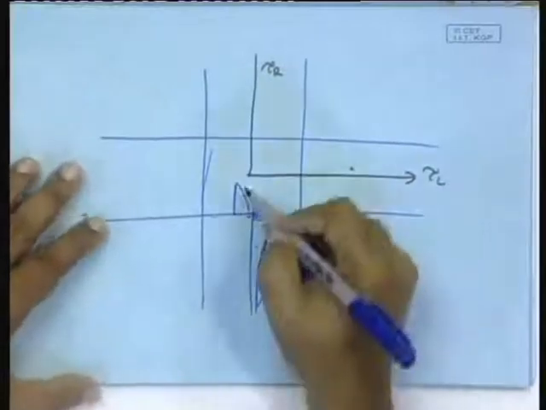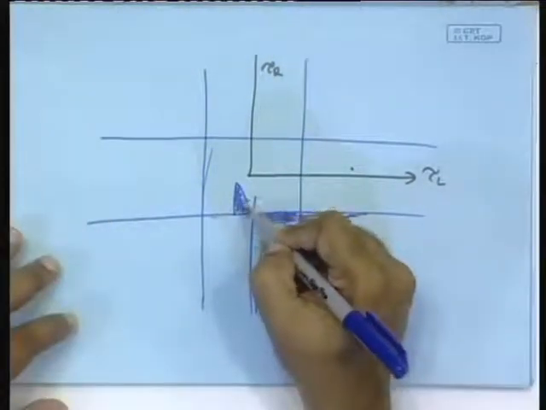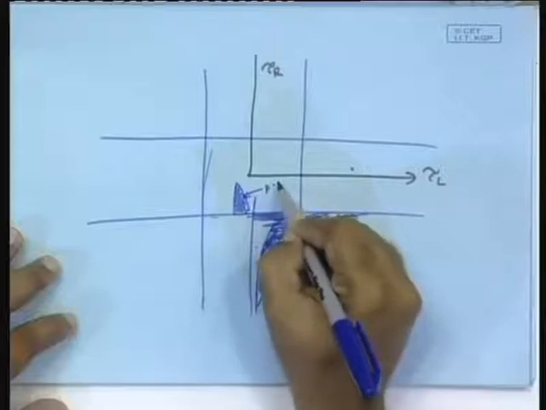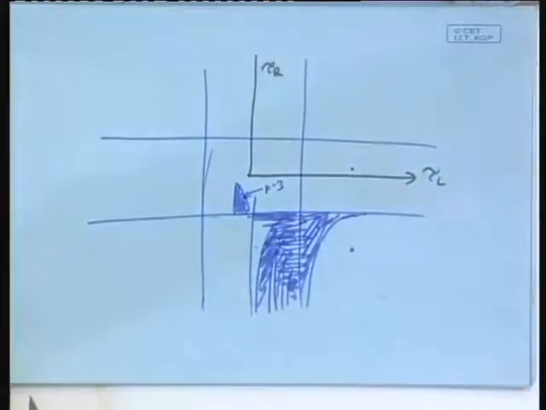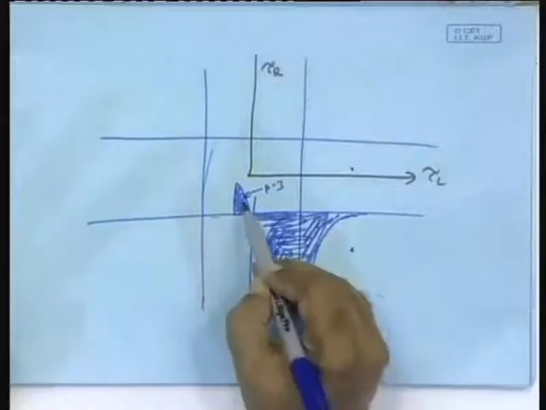Similarly, we can obtain a period 4 orbit and so on and so forth, and it may so happen that some of these will occur somewhere here. That means, just imagine that suppose a period 3 is occurring here. What does it mean? Suppose a period 3 is occurring for mu greater than 0 here. If you actually do this, you will find a large number of such regions where other high period orbits will occur. But just try to imagine what we will see when we change the parameter mu.